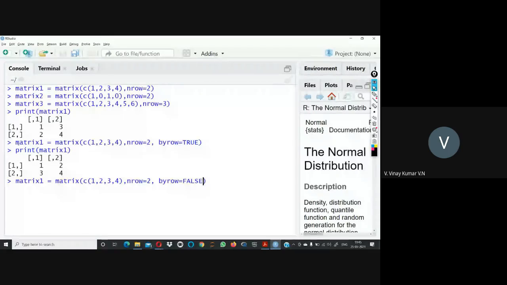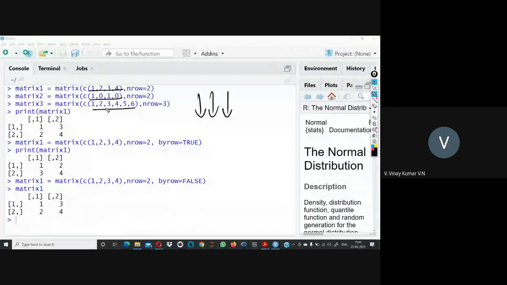So again I just replaced it and check now. See, by default, whatever we defined here, all these 3 matrices, the elements are stored column-wise. First the first column gets filled, then the second column, then the third column, like that all these elements get arranged. If you want row-wise, you have to mention it, then only it will get stored row-wise. That is one thing we have to observe.